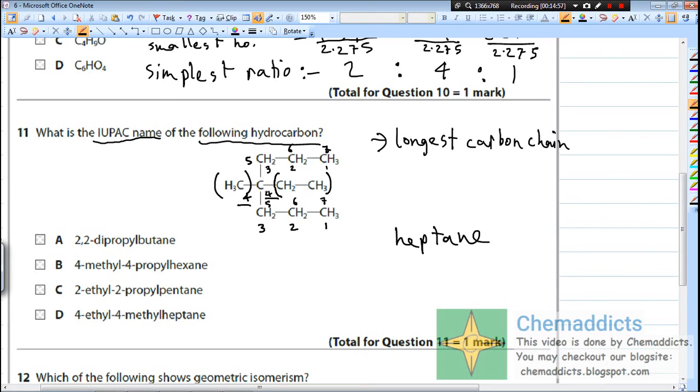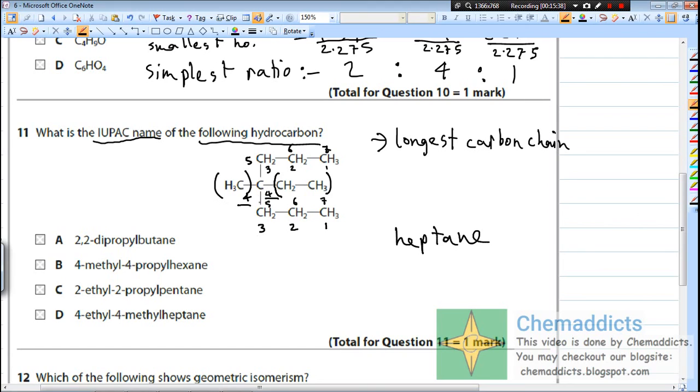It is in the 4th carbon atom. They are in the 4th carbon atom. If we start from here, these two groups lie in the fourth carbon atom, and if we count it the other way around, 1 2 3 4, we get these both ending in the same carbon number, so it is regardless of the numbering. No matter what way we count, it always ends up getting into the same carbon atom.